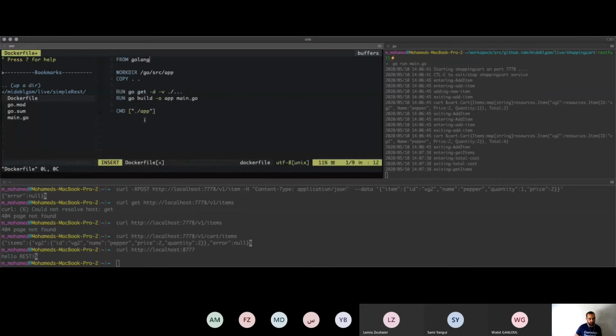Basically, any Dockerfile starts with this line, which is FROM, that specifies a source image that you will start building your container out of. So here I'm saying that since my application is Go, I will start building an image from golang, which is the main image in Docker Hub. So if you look,